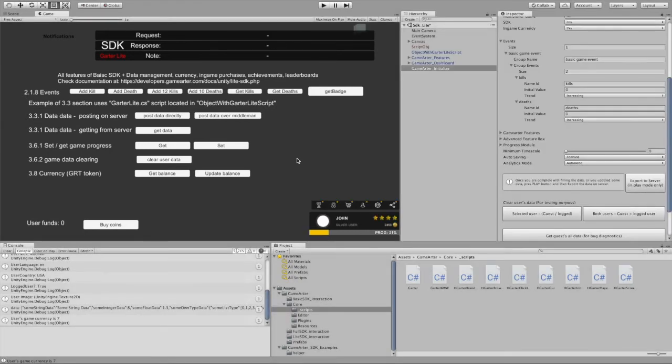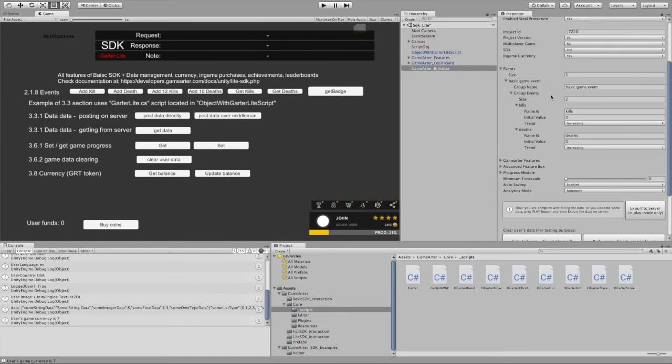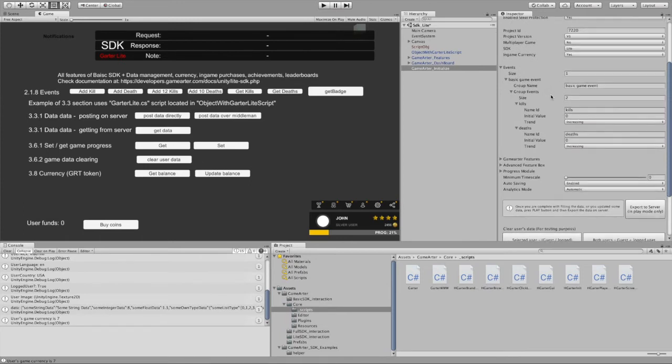Next thing I would like to show is how to work with the configuration. Just imagine that I just got an idea to add another event, and the event will be the best time. It will track the best time during which I was able to kill all my enemies. So I will add another event. I don't want it in the group of kills and deaths, so I will create a new event group